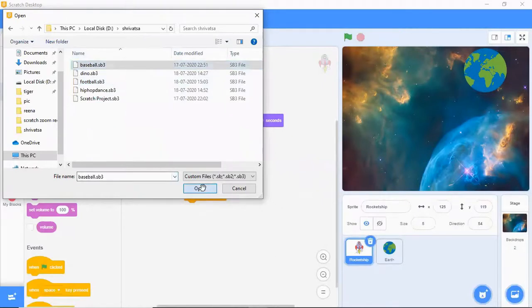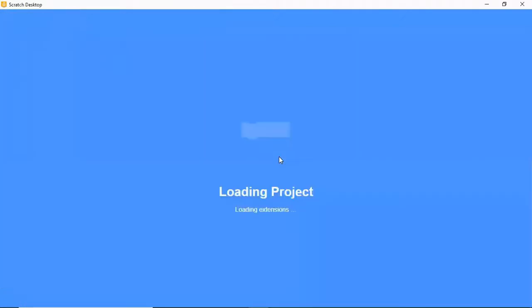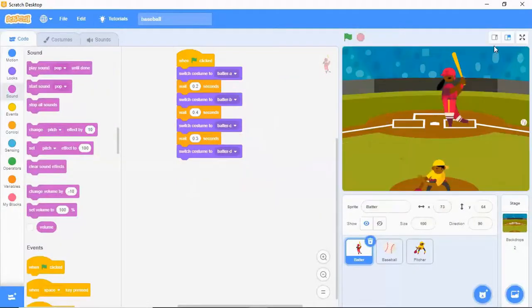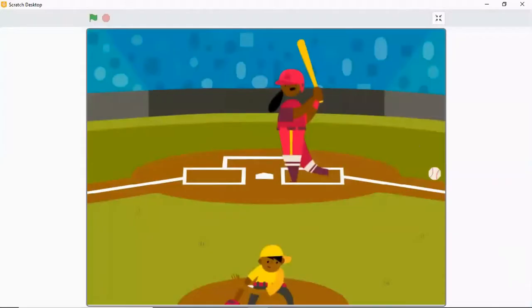Okay, baseball. Just observe how many sprites are required here. We need 3 sprites. So just first observe and then we will discuss.